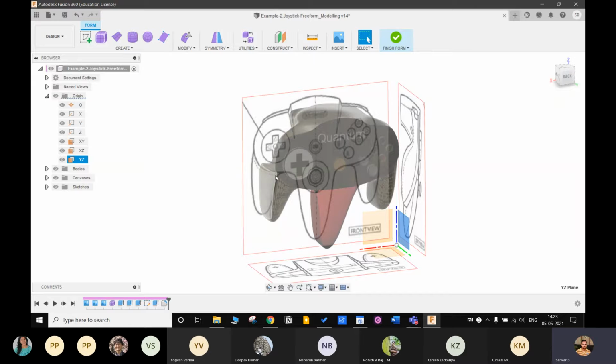Then, using the edit form option, by clicking the Alt key and dragging the particular edge, you can create these two legs.